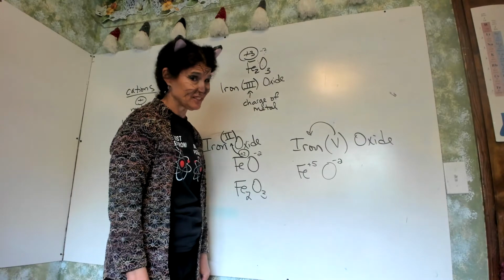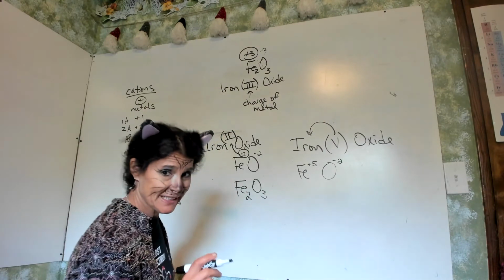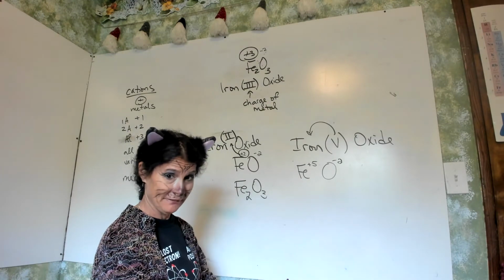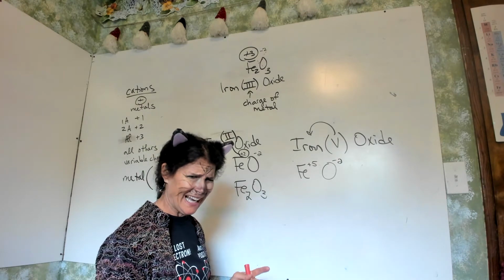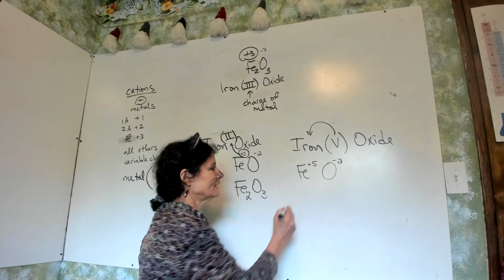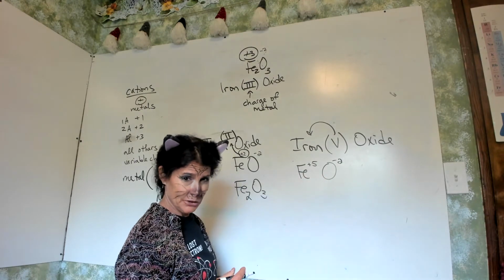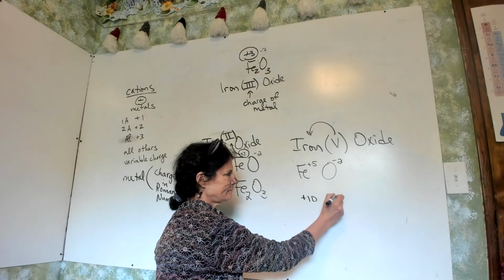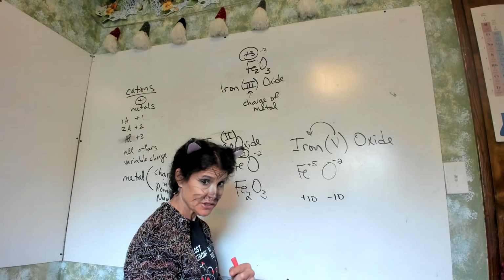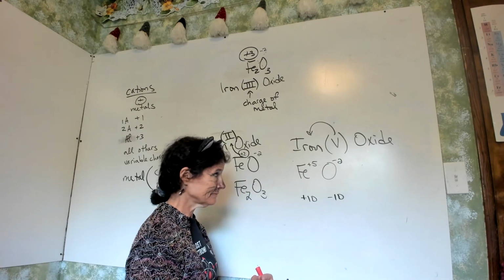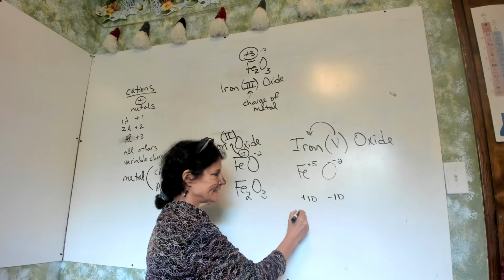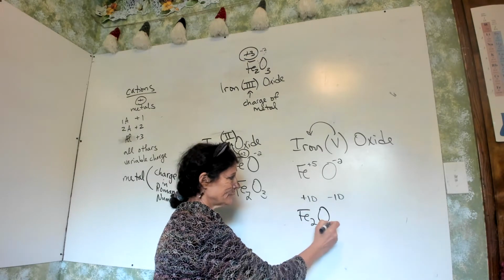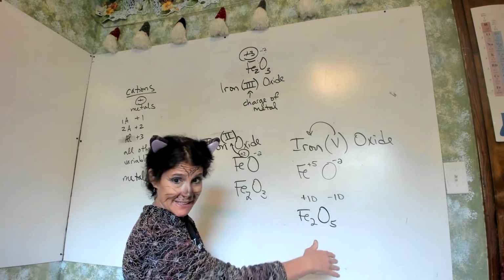We have to put together in a compound because those aren't the same. So some of you see that they're going to swap also, which they do. And that's great. You get 2 irons and 5 oxygens. And some of you are like, I don't get the swapping, and that's fine too. Lowest number that 5 and 2 have in common, why the swapping works, is a 10. So what we have to do is make the charges equal but opposite. So to get a +10, we need 2 irons. To get a -10, we need 5 oxygens. So again, yes, they did swap.